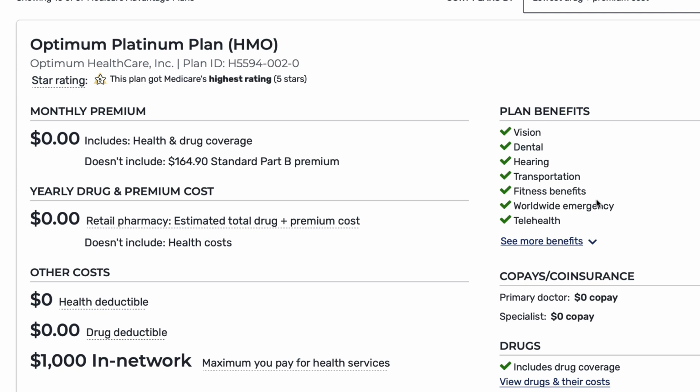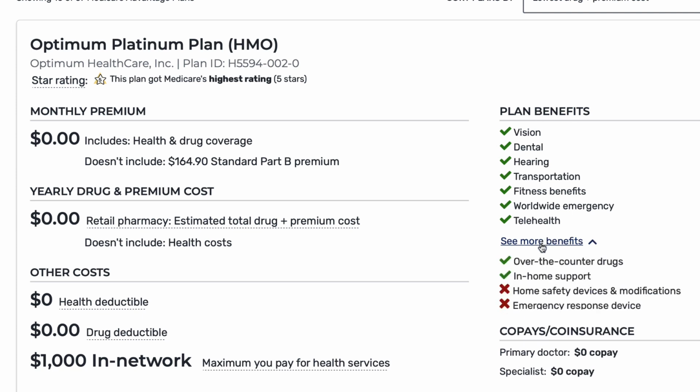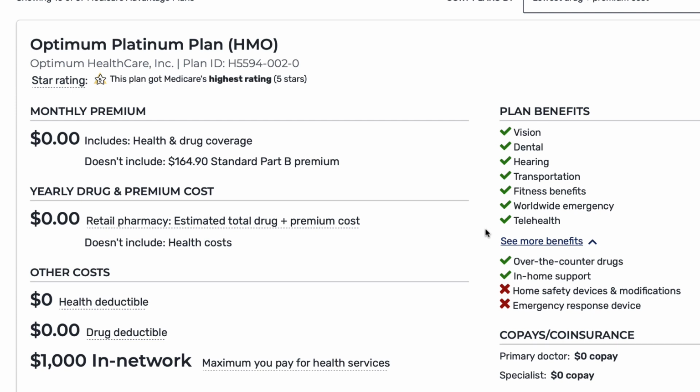Over here on the right-hand side, you'll see the benefits that are offered. Now, this is just a basic little screenshot of the most common benefits offered by Medicare Advantage. There are additional benefits that many Medicare Advantage plans offer. For example, there's something like Papa Pals. That's not going to be indicated necessarily on this portion of the screen because these are just the more common benefits. But if you were to delve deeper into the plan's benefits, into the summary of benefits, you might see